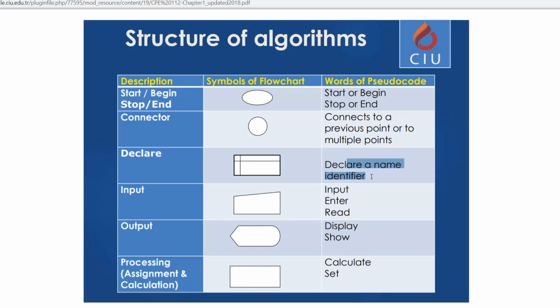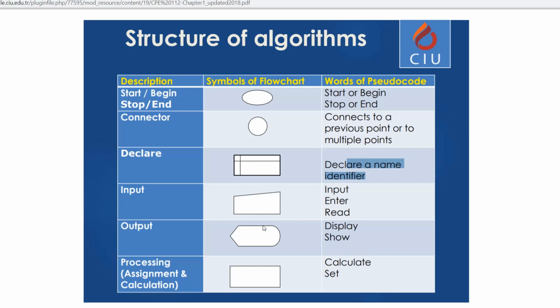The third box you need to get familiar with is the input box. The input box is used to input, enter, or read data. You can use these words interchangeably, just like the start and begin and main, or you just stick to one, whichever you prefer. The IBM template version of the input operation is this box itself. The output box is basically used to show or display data. You can also use the word print if you want to show it, because essentially